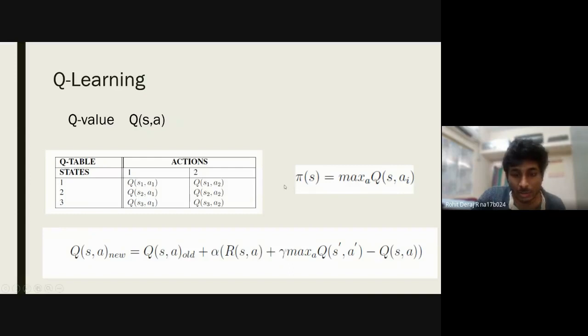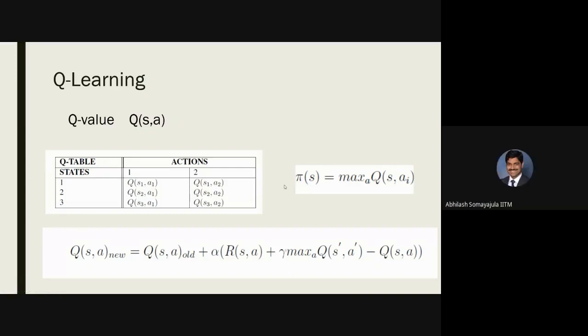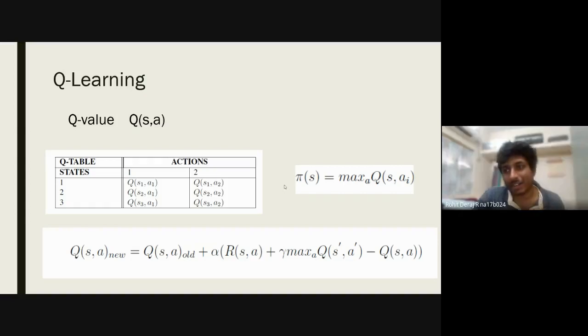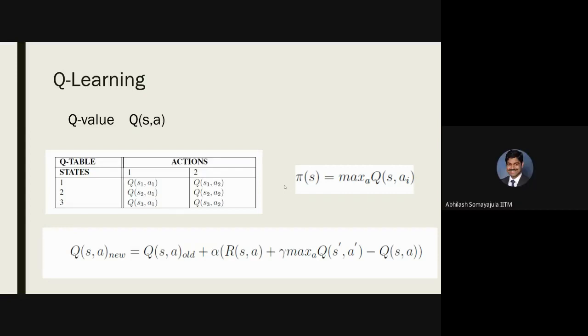So, one second. Okay. When you say the expected value, it implies it is a stochastic quantity. Yes, the problem statement may be stochastic, but in my case, it's deterministic. So, there is no need for the expected value. But if it is a stochastic environment, I want to understand whether, can you tell me what does a stochastic environment mean in this context?